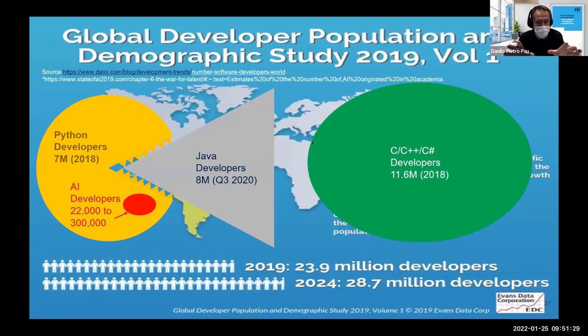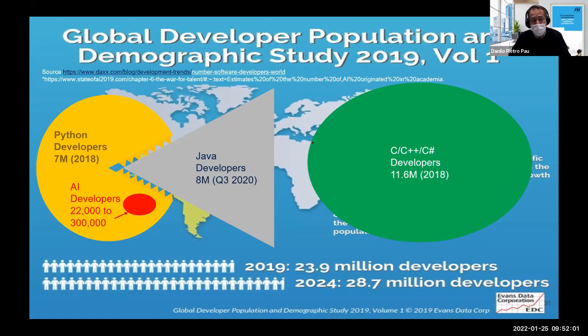Now, look at the community. We have mainly 3 communities around the world. The C++, C#, embedded developers, more than 10 million. The Python developers, about 7 million. By the way, there are no exact figures. Let's look at this in terms of order of magnitude. And the Java developers, who are experts in object-oriented development, and they can slowly migrate to Python development.